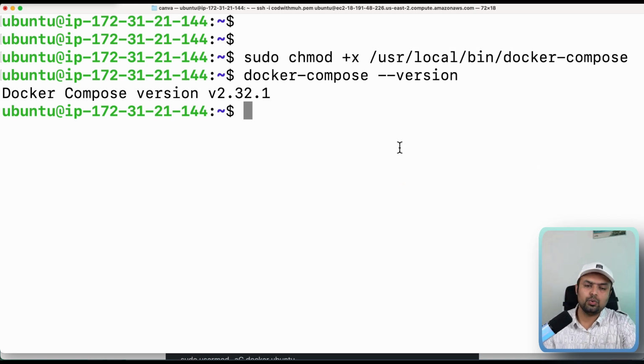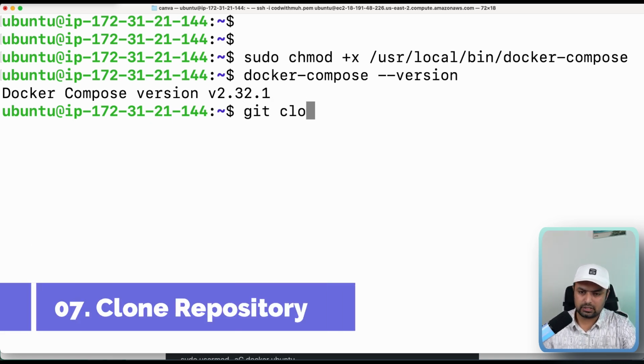Okay, next we have to clone our GitHub project. So I will do git clone